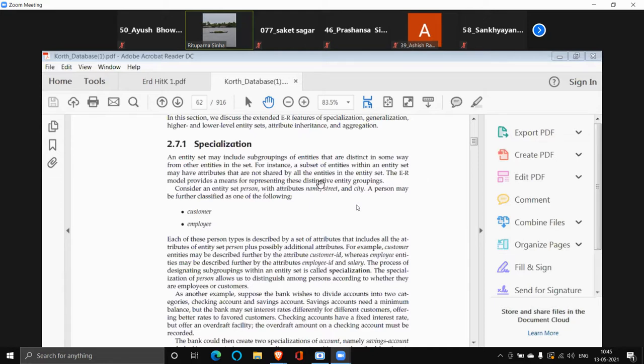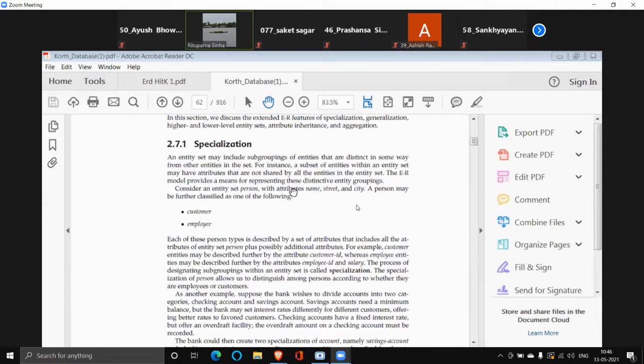Actually, name is not always unique, so you can take some other attribute which will be unique, or you can make name unique. Suppose the name is unique, whoever is the primary key of the person table, I will attach that primary key to the customer table. I will also attach that primary key to the employee table.